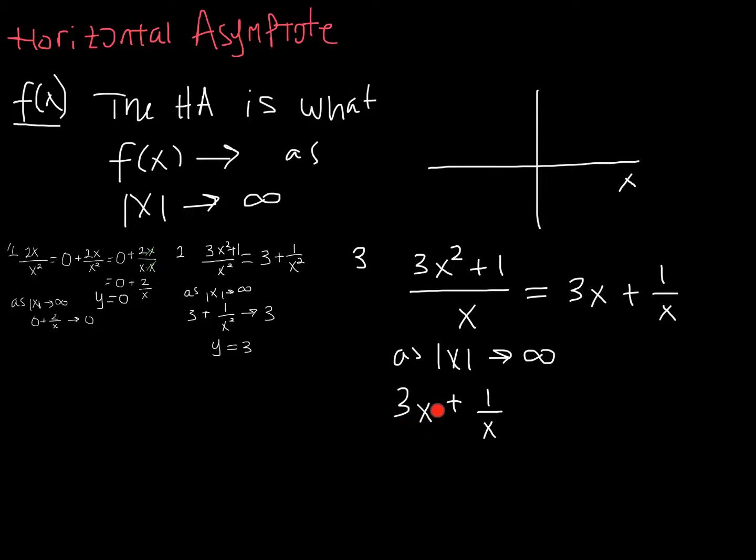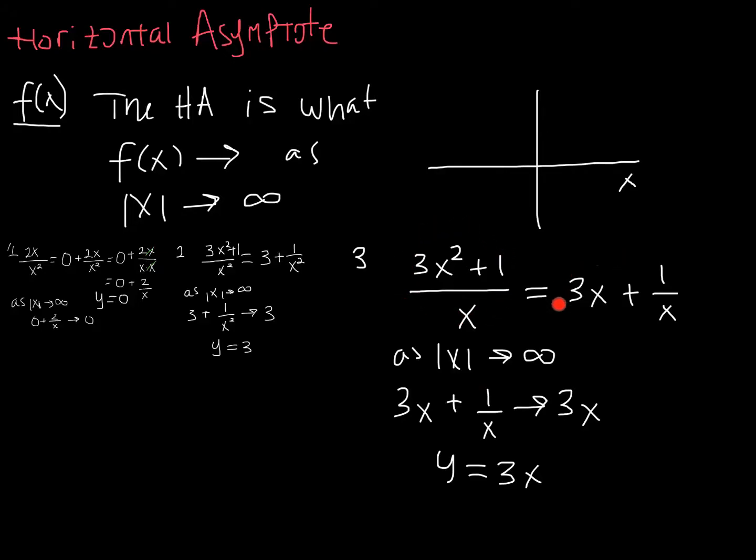What's going to happen to our function? Well, is anything special going to happen to 3 times x? I mean, x is just getting bigger and bigger, but it's still going to be multiplied by 3. There's nothing really strange happening there. But here, 1 over x is going to be getting closer and closer to something, right? This denominator is getting bigger and bigger. 1 over something that's getting bigger and bigger is getting closer to 0. So our function will be approaching 3x. So our horizontal asymptote is y equals 3x here,